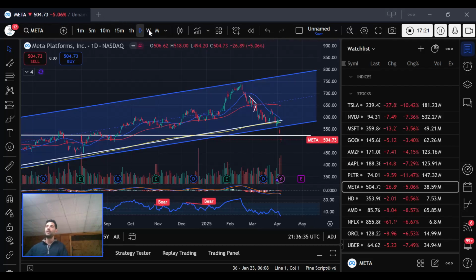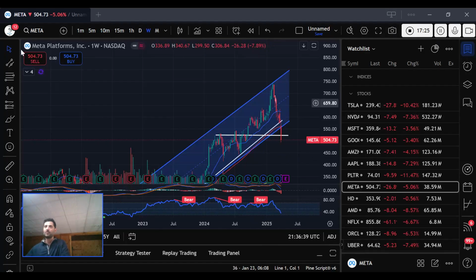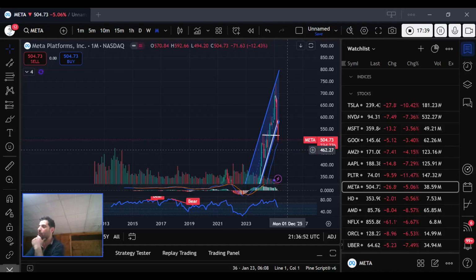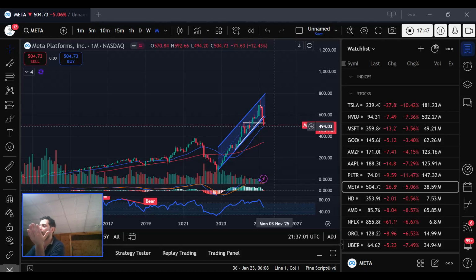So there's a really good level of support at 490 for Meta, right? So if I look over here, $486, there's some really good support right here. Let me go to a monthly. Right here. Okay, so on a monthly chart, we've got a 20-day moving average at 494. All right, and we almost got there. I mean, it went down to 496. So it pretty much got there. But you see, we've got some good support right here, guys.